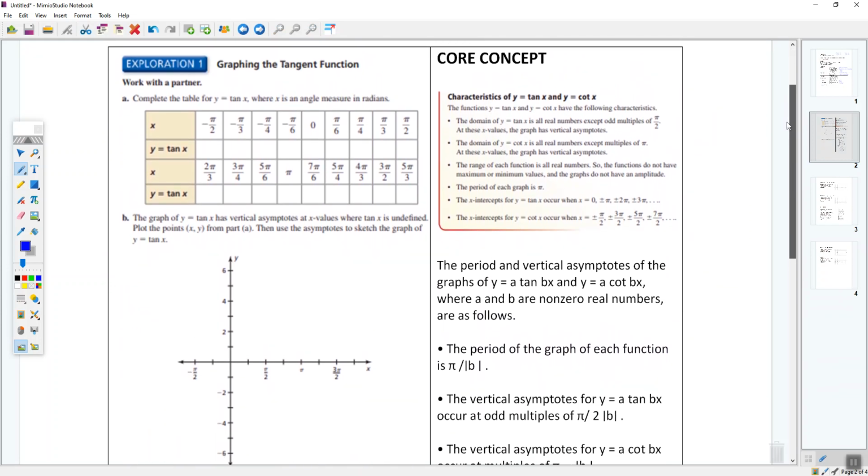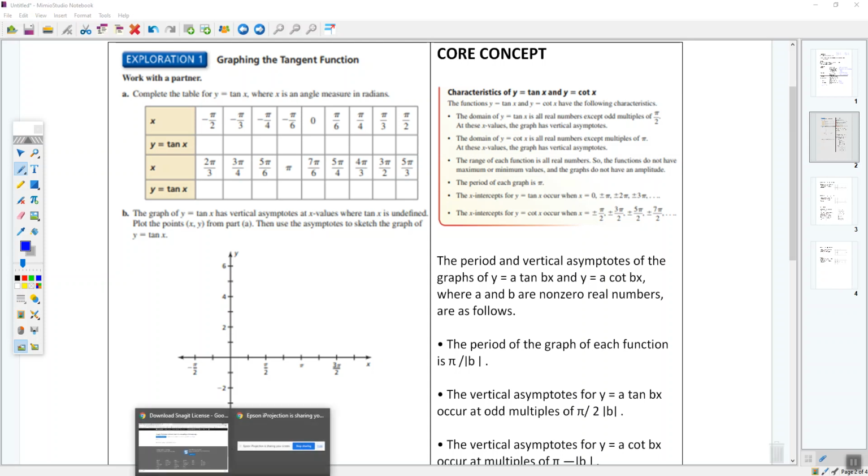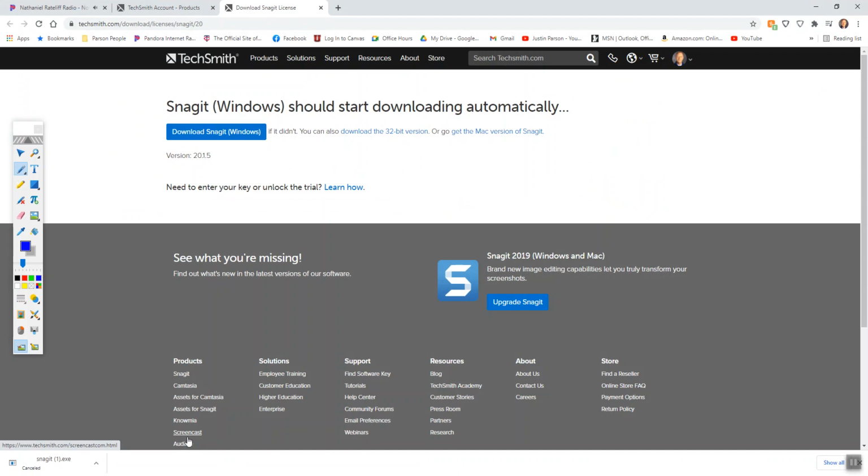You know, this core concept, I'm not going to get too involved in, okay? I'm going to kind of graph some stuff here. We can complete the table for y equals tangent of x, where x is an angle measure in radians. I'm not really going to plot the graph here. I'll put it in decimals here in a second. But guys, in fact, let me go to decimals and do this real quickly, so I can do it up here now. Okay. So we used to do it the other way. Okay. So your decimals,